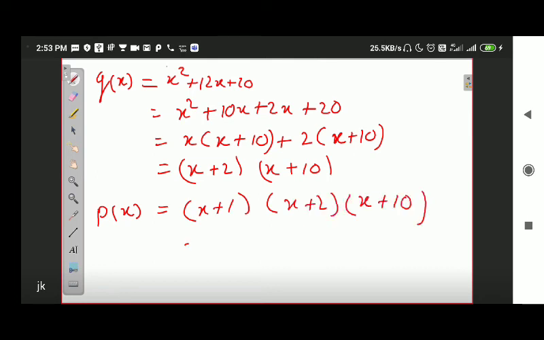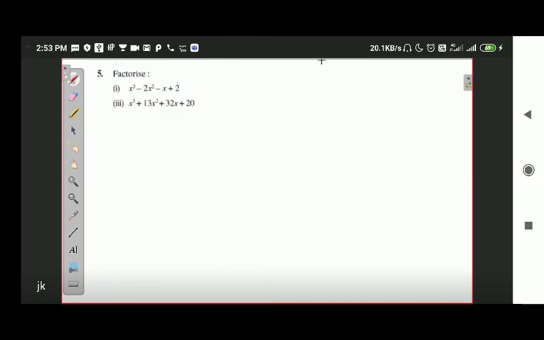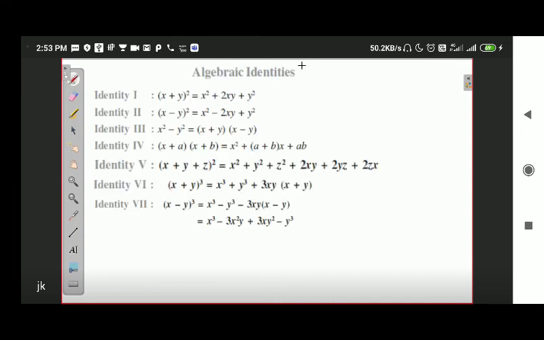The given cubic polynomial can be factorized as x plus 1 into x plus 2 into x plus 10. Okay. This was the cubic polynomial that we factorized. After this factorization, in this chapter, we have lots of algebraic identities. Keep in mind that the eighth identity is no longer in your syllabus, but in any case, I will inform you that